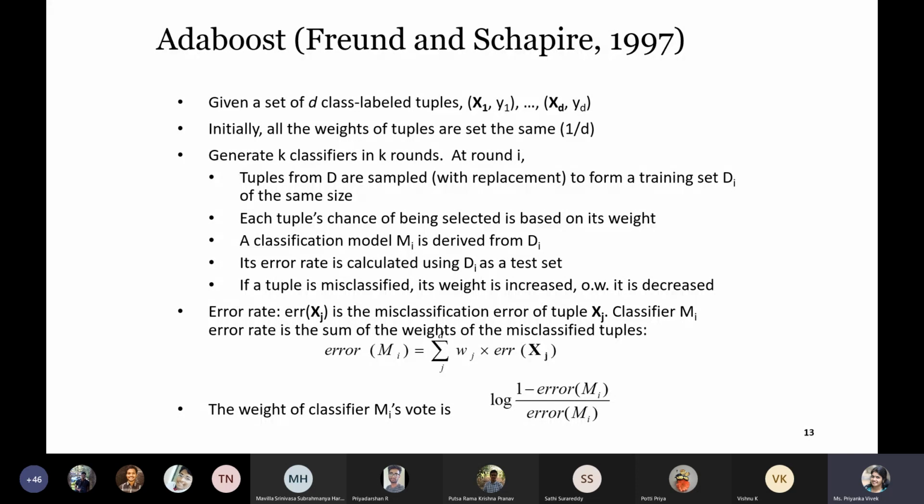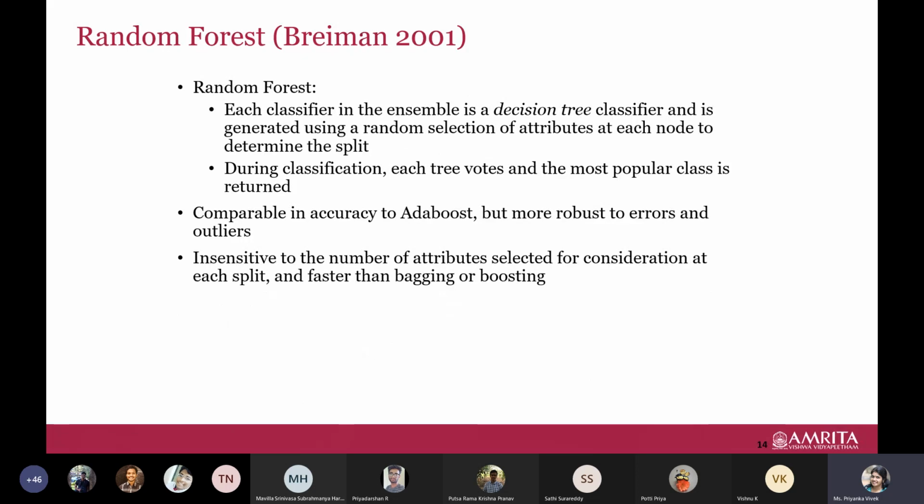This is just the basic AdaBoost algorithm. There are mild variations also. Okay, so this is one boosting algorithm, and random forest is also an ensemble technique. We have not learned the decision tree classifier, but assume that we know it. That is a classifier which builds a decision tree, which, when given an instance, will be able to predict which class it belongs to. So understand that the algorithm builds a tree, where when we give a new sample, we'll be able to predict its class.